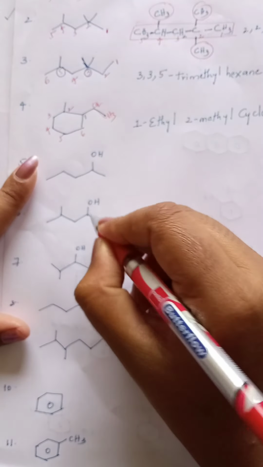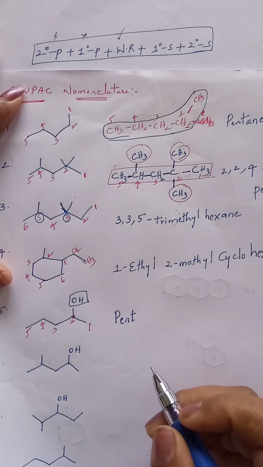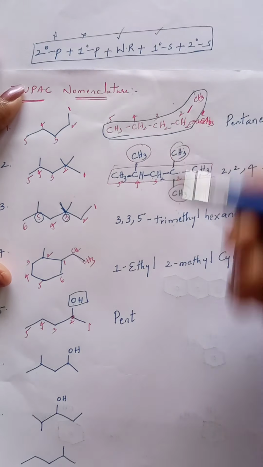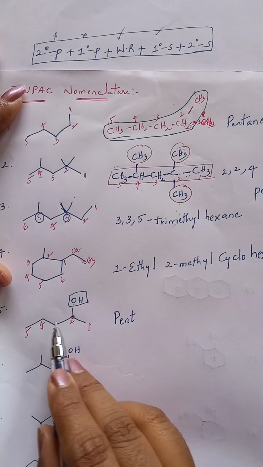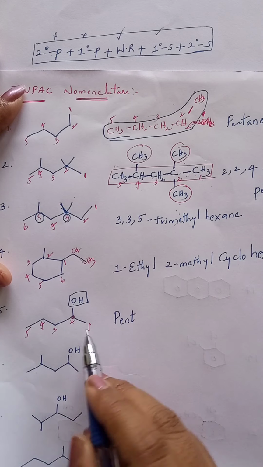Okay, for that purpose I am taking this functional group finally as suffix. First write no primary prefix, no secondary prefix. There is no secondary prefix because no substituent, no primary prefix because it is not a cyclic compound, and directly go to the word root. What is the word root for these 5 carbons? Pent. After the word root what do we have to mention? Primary suffix, with single bonds. Only single bonds are present.